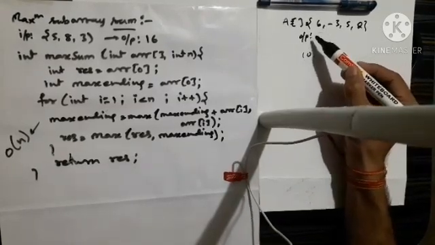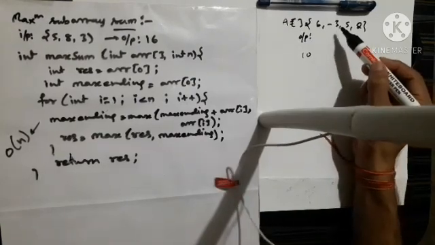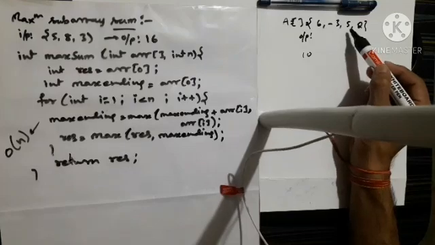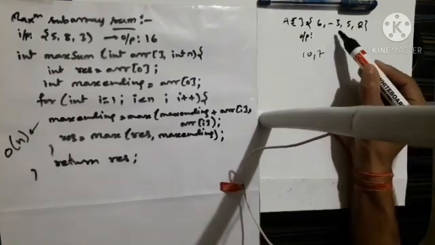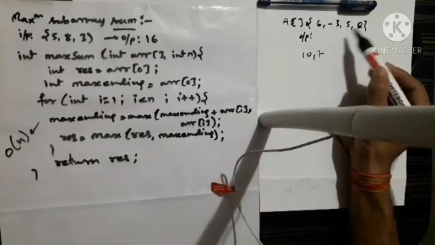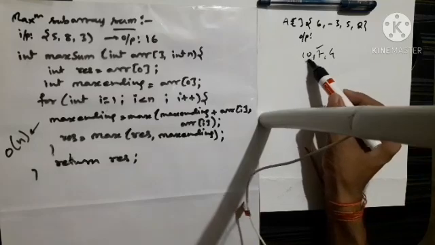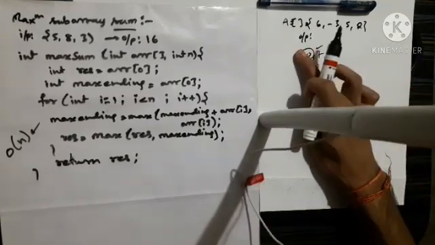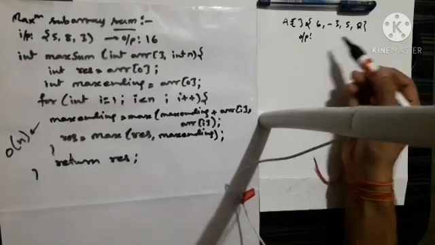If we ignore it, then we should definitely ignore this, because we want maximum sum, and a negative element definitely will decrease the sum. So we'll leave it and we'll add 5 plus 2, that is 7. Okay, let's consider minus 3 also. Minus 3 plus 5 is 2, plus 2 is 4, so definitely 7 is greater, but anyway we want this 10. Okay, so how? Let me dry run for this input, given an input.